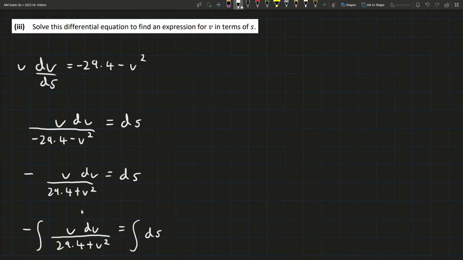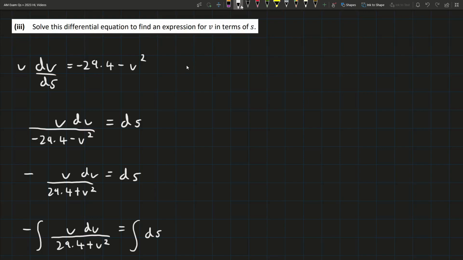Now we could plug in limits here, but because we're going to have to do a u substitution, I think it's just easier to do the method where we have a constant and then just solve for the constant. So we're going to focus on the left side because that's going to be a bit harder. So we see we have something plus v squared on the bottom, we have a v on the top. If we do a u substitution and let u equal the bottom, we can get those v's to cancel,